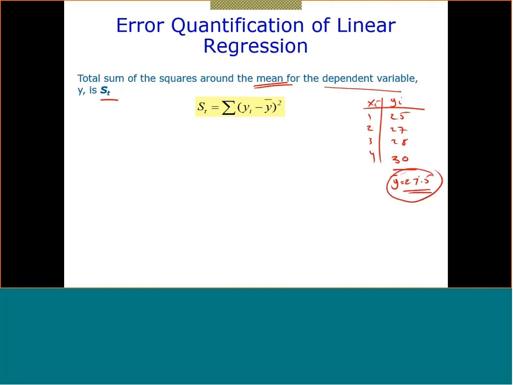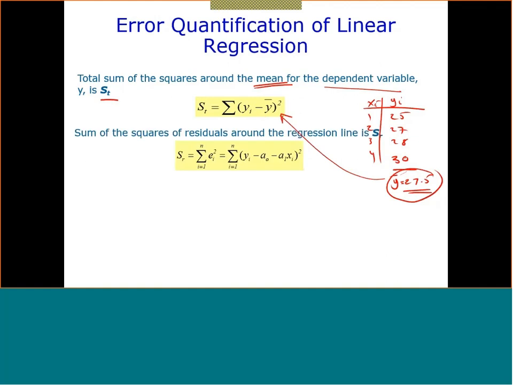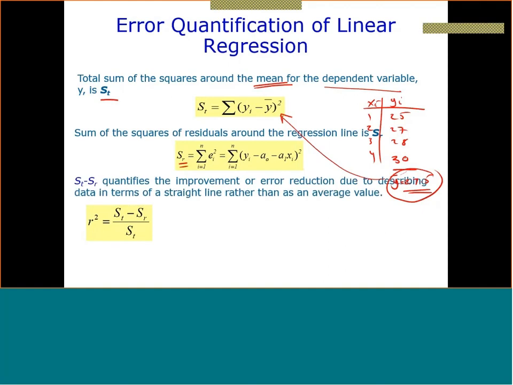Okay, so here you take all your values that come from your model, and you try to subtract that from the average of your dependent variables, okay? And then we have the square of the error, which is SR. So we have ST and SR. So we will define the term called R square. R square is equal to ST minus SR divided by ST. Now, if SR, which is the error,